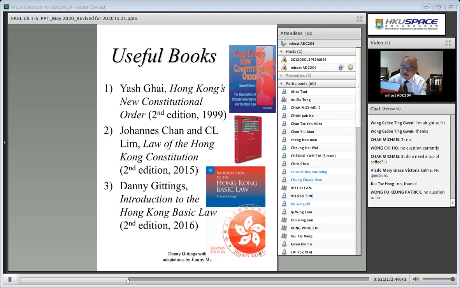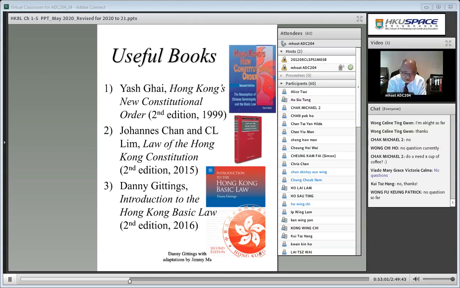The general editor is Honorary Senior Counsel, Professor Johannes Chan, and this is one of the few books on the Hong Kong Basic Law. The latest edition that I have is 2015,